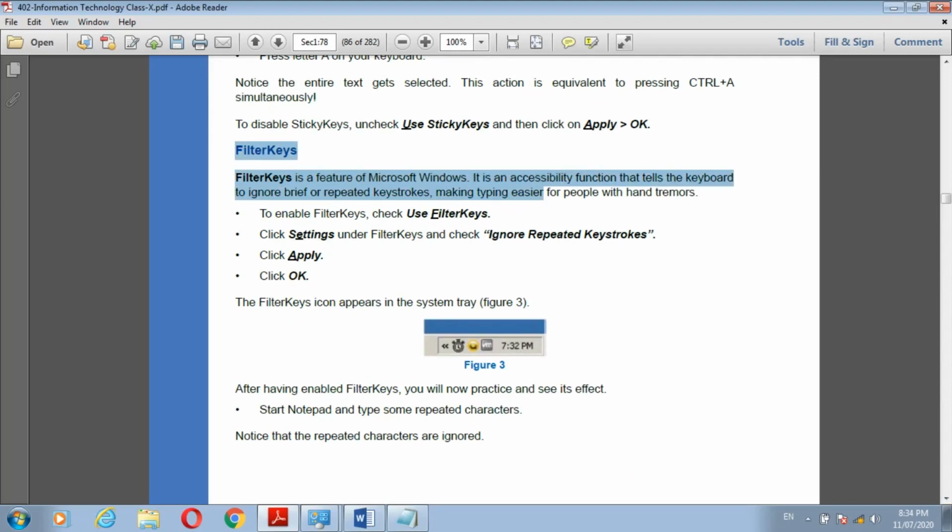It is an accessibility function that tells the keyboard to ignore the beep of repeated keystrokes, making typing easier for people with hand tremors.